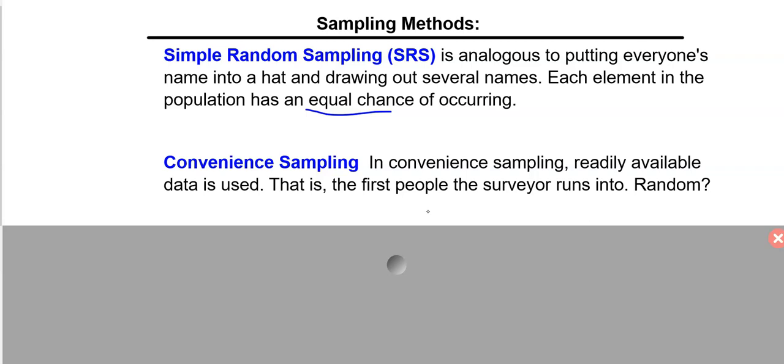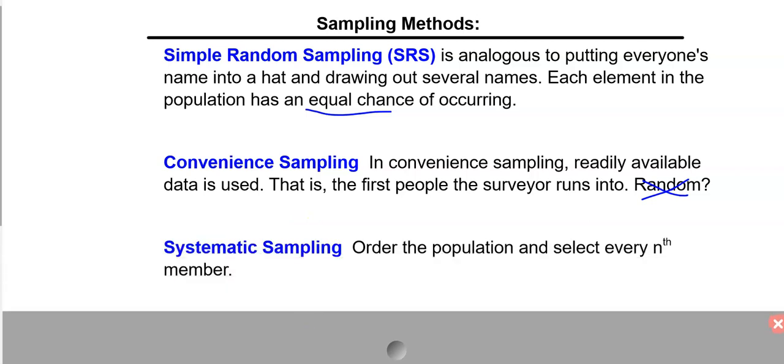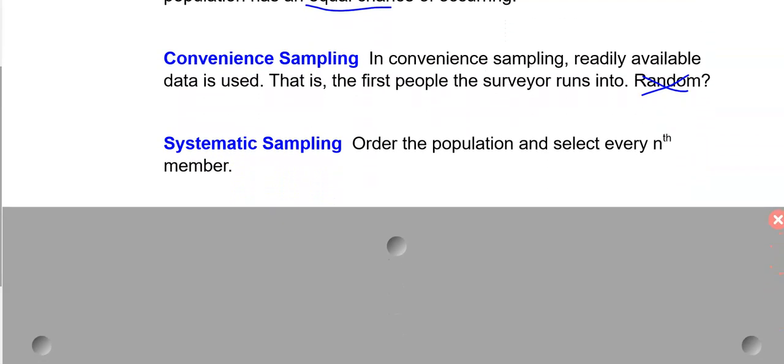Convenience sampling is really lazy. It's not a great way to do it. It's not random. You just say, okay, there's 20 people standing around that locker out there, I'm just going to go and talk to them. It's easy and convenient, the people that are closest to me, physically, whoever is closest to where I'm at. I'm just going to ask them the questions, and that's a terrible way of doing things statistically.